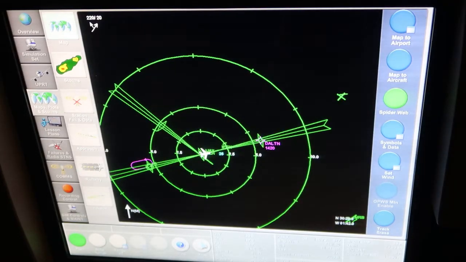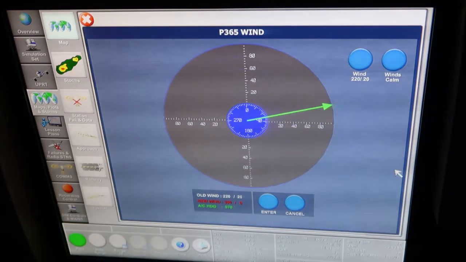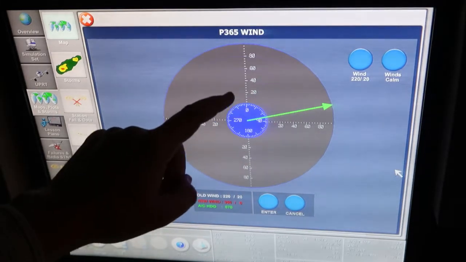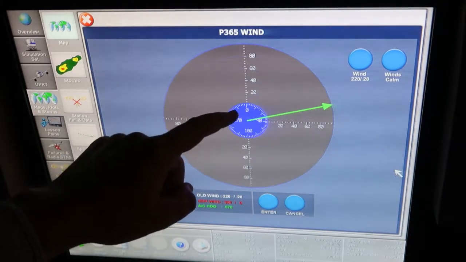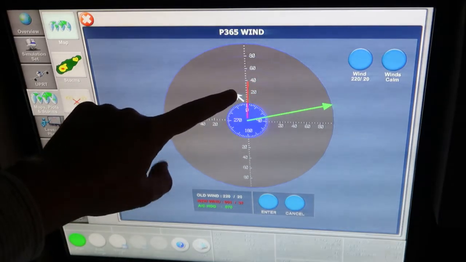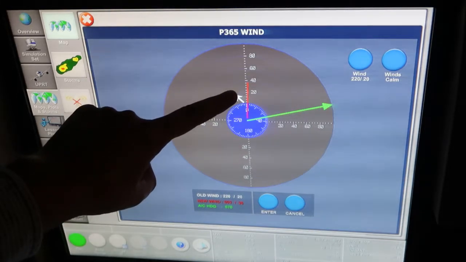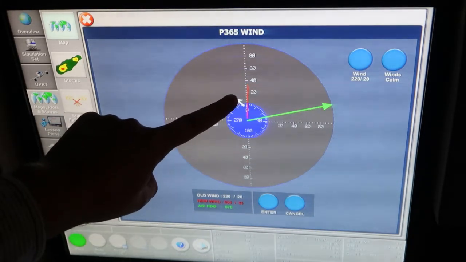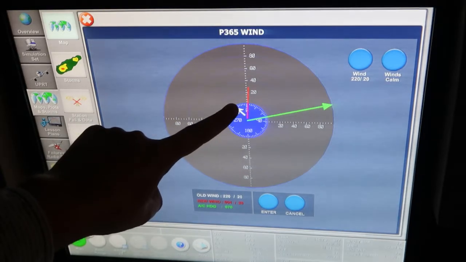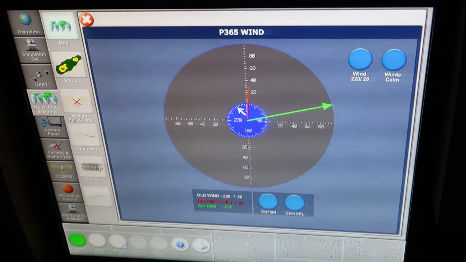All right, the next button underneath map is called Set Wind. When you pull that up, I haven't had much use for this page. There's just kind of a vector diagram on there. You can tap it with your finger and set the wind based on where that red line is. You can kind of drag your finger up or down to adjust the wind velocity and move it around to change the wind direction. I just think it's not accurate enough to really use, but there are a couple of